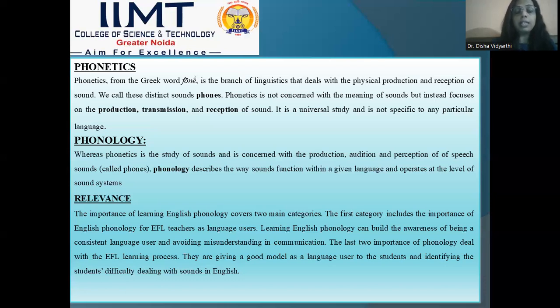It is highly important to understand the sound system for correct pronunciation, because correct articulation means correct pronunciation. It works vice versa. If you know how to produce it, you will use it correctly. And if you know how to use it correctly, definitely your grammatical structure and your pronunciation will by default improve. Let's move on to the next slide.